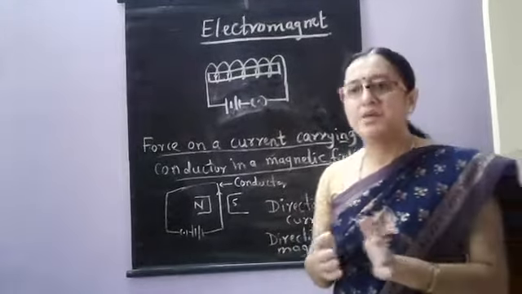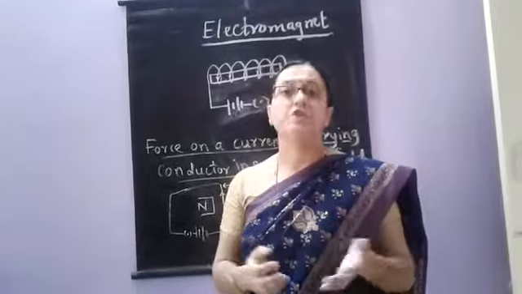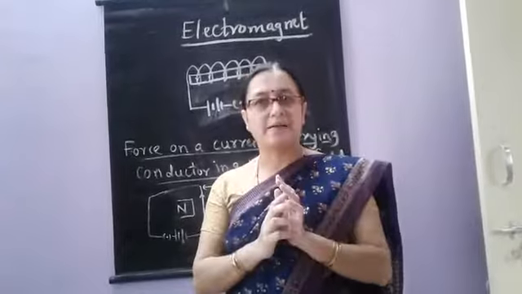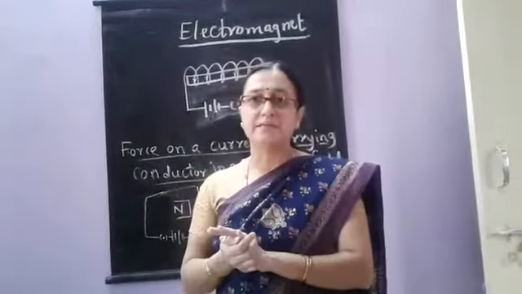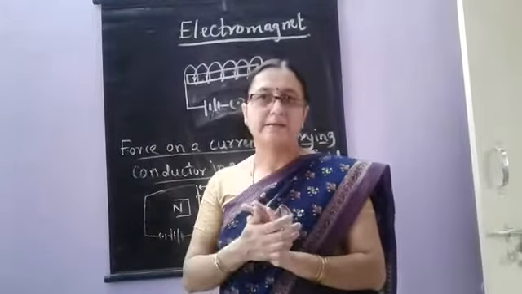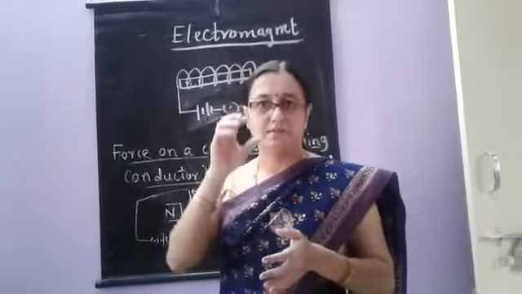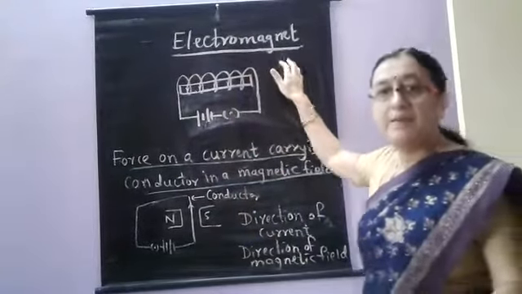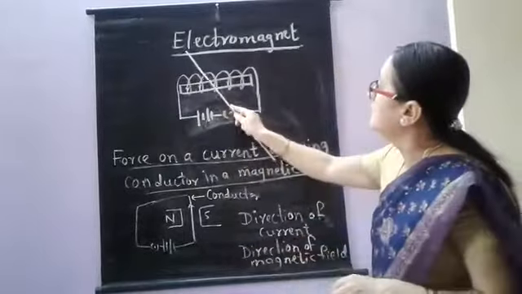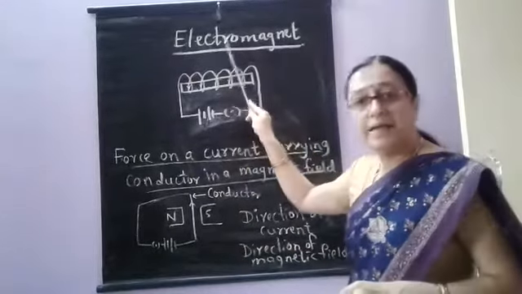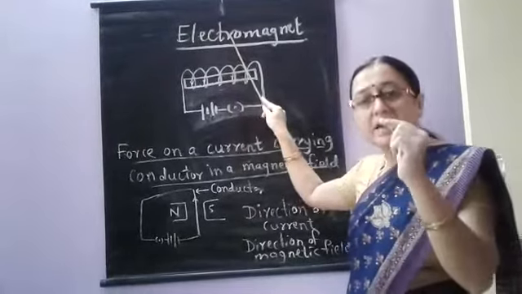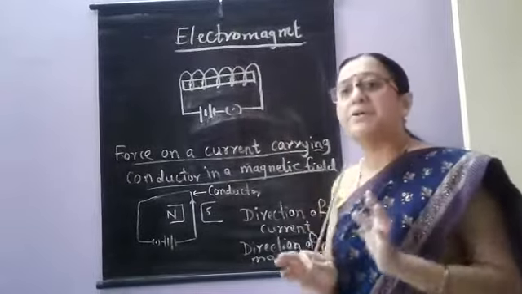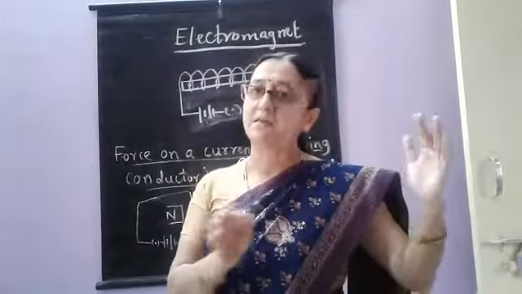Okay. Yesterday we were discussing how to prepare artificial magnets. We saw that when you take an iron nail and rub it against a bar magnet, the iron acquires the property of magnetism and becomes a temporary magnet. Similarly, one more way of preparing a temporary, artificial magnet is called an electromagnet. What do you mean by electromagnet? As the word itself says, by passing electricity, a magnetic material can be magnetized. That is known as an electromagnet. It is a temporary magnet. It loses its capacity once the current is stopped.